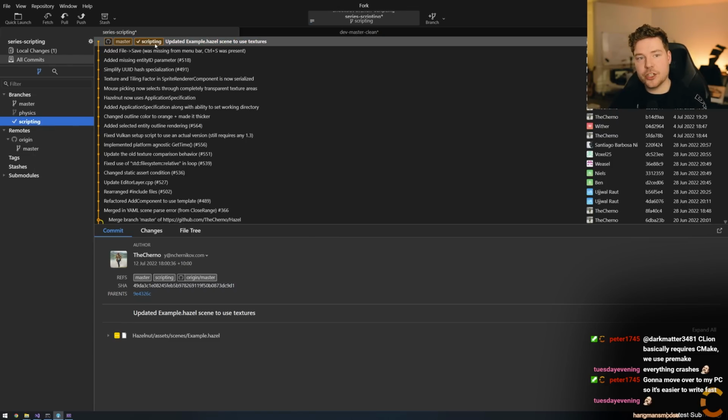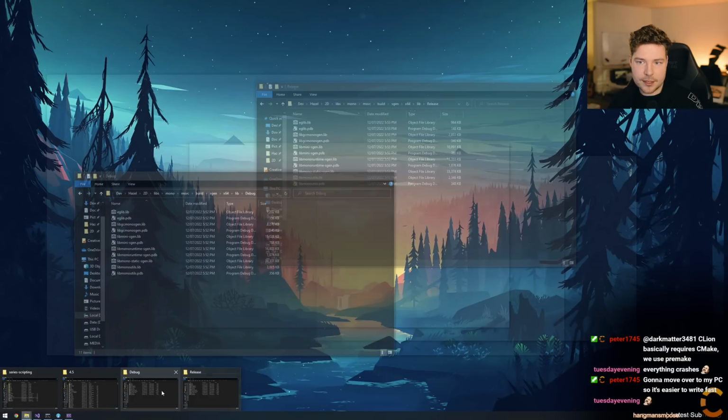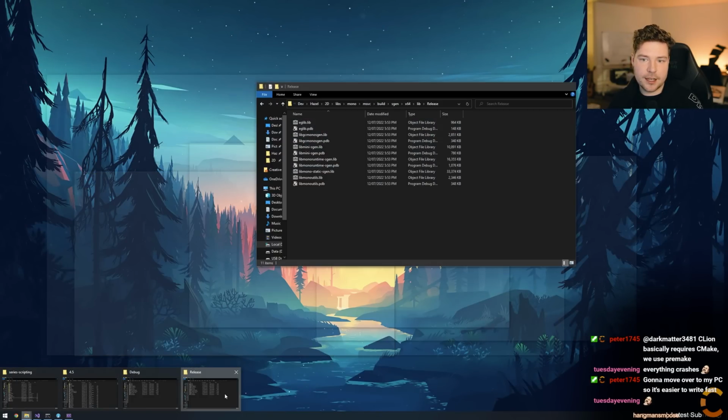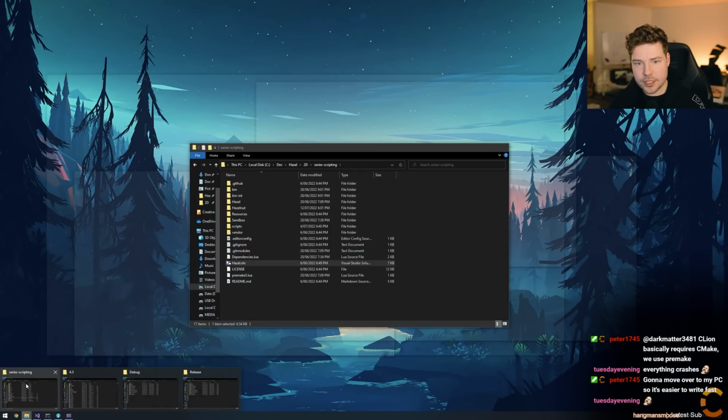Now we're on the scripting branch, and this is going to be important. We could push it if we wanted to make sure that it exists on the server, but we're going to commit to it and push it as we add Mono. So the first step obviously is to add Mono. Now there are a couple of things aside from obviously building, debug, and release as we've done here. We also need to make sure